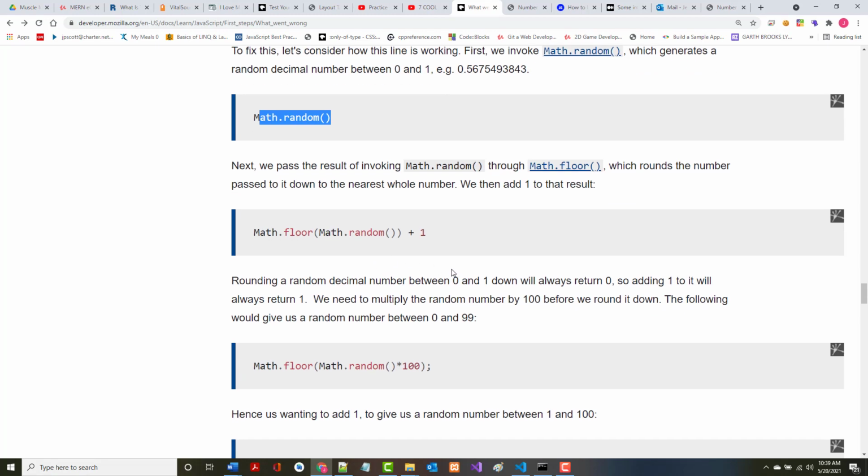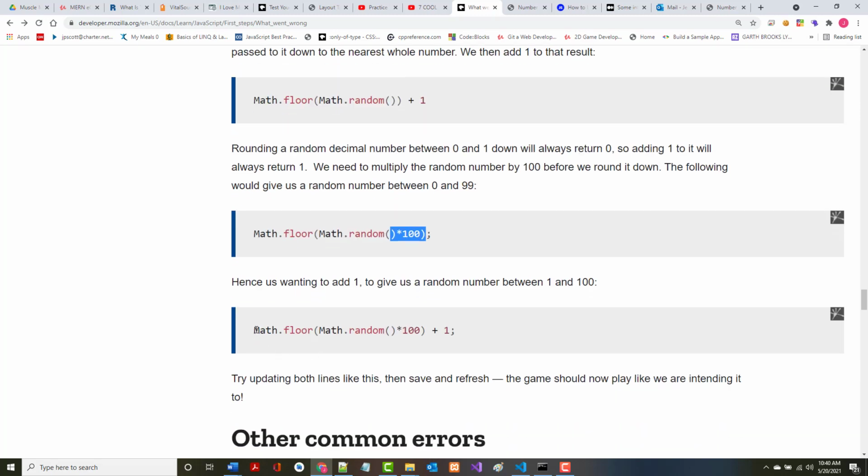All right. Well, what did we do here? We just said math.random. So it's going to give us a number that's 0 point something. All right. And once we do the floor, it's going to remove the point something. It's always going to be 0. We didn't say times 100. So if we change that line to this line,